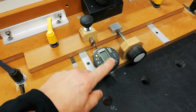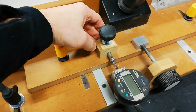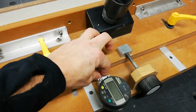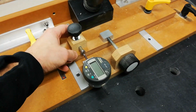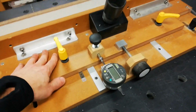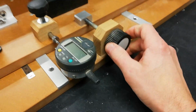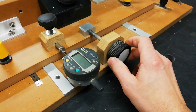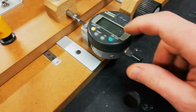Here I have a dial indicator, here I have a rod, and the dial indicator has much less travel than the top part, so this is to be able to use the dial indicator wherever I am in the top part travel position. I have a handle here that is for fine adjusting, so if I loosen the top parts and start this one,